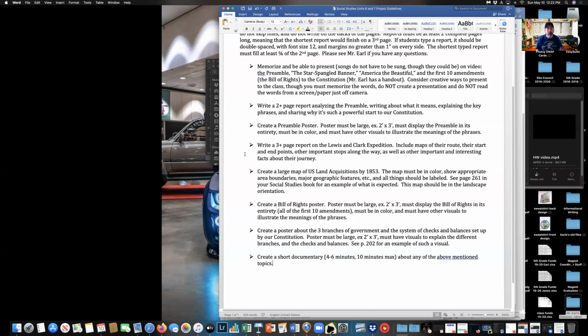The last three, create a Bill of Rights poster. Okay, so you're writing about the first 10 amendments. Make a poster with those. Must be in color and have visuals to illustrate what they mean. Next would be create a poster about the 3 branches of government and the system of checks and balances set up by our Constitution. Okay, look at page 202 for an example of part of the checks and balances. But then you also need to make sure you're including the different branches of our government, the executive, the judicial,